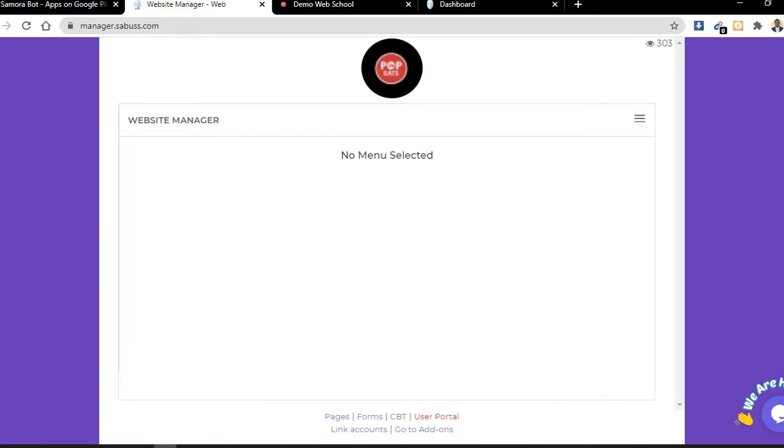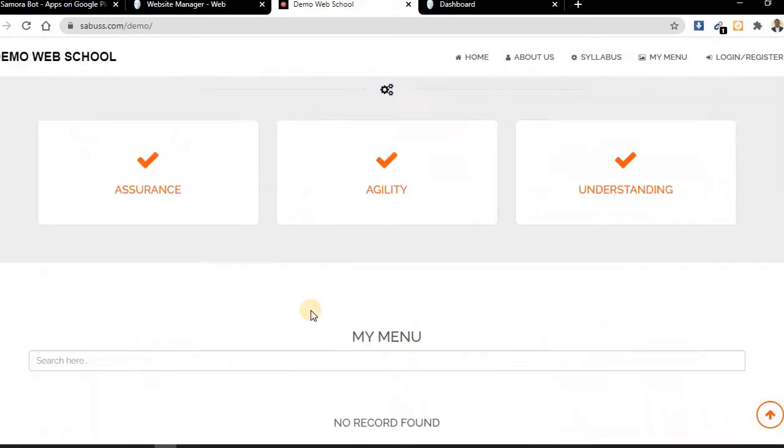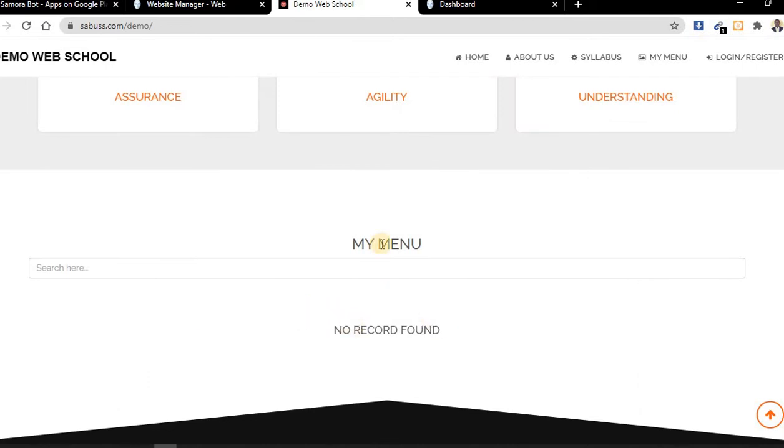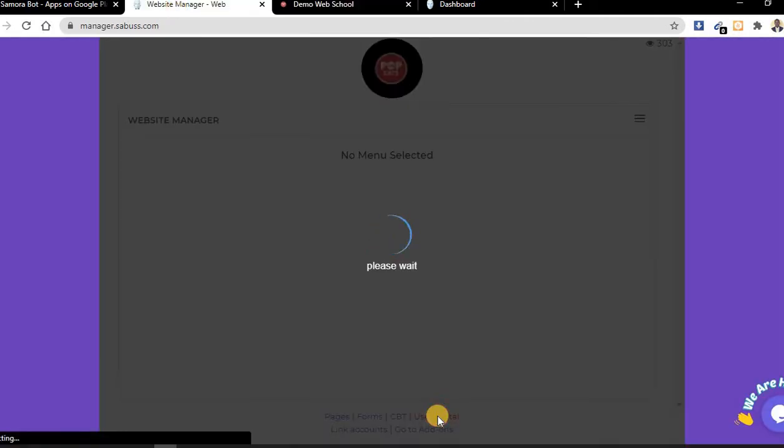Good. Now you need to click on user portal, but before that, when your website will look like this, then it is your own responsibility to design to your taste. If you check here, we have my menu and we have no record, but by default you have 3 records here by default. So go to this place, user portal,